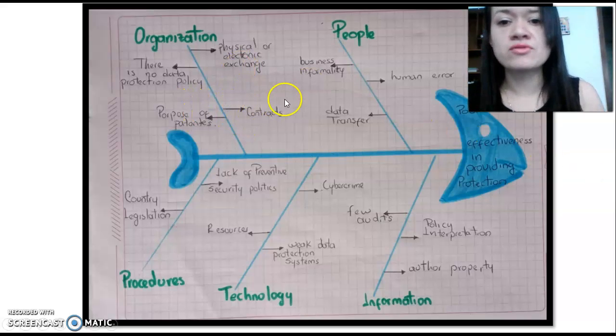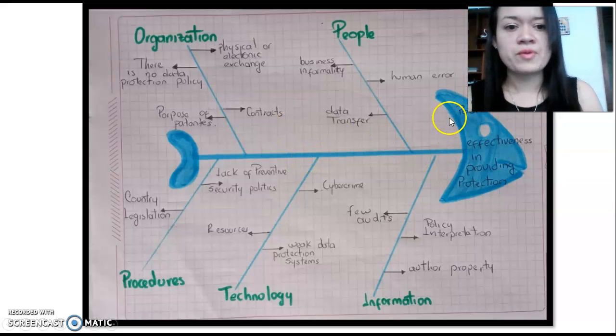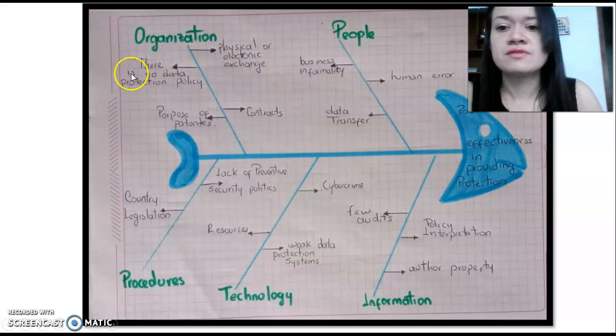This is my cause-effect diagram. The problem: effectiveness and providing protection. Organization: there is no data protection policy,